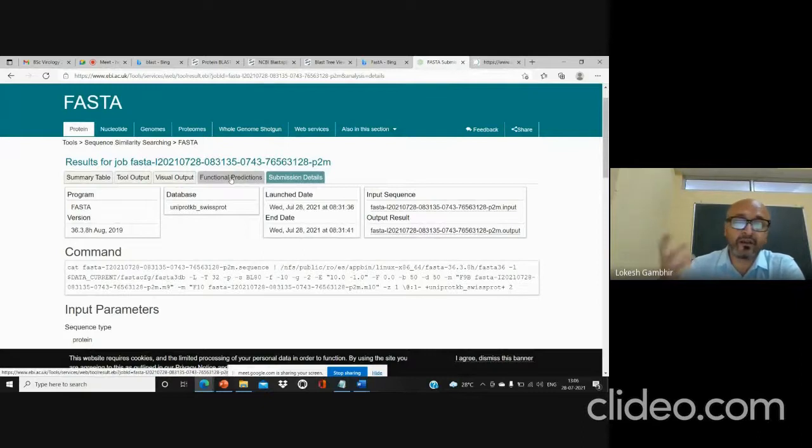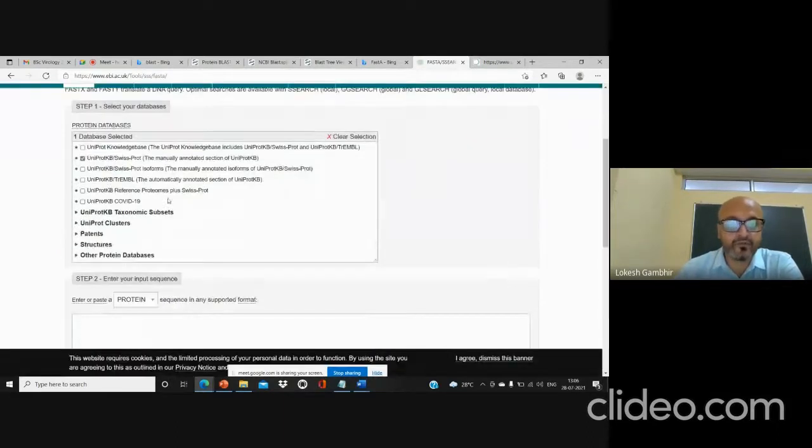Of course, there are perks of using BLAST also. Then you can go for nucleotide search, you can go for proteome search or whole genome sequence. There are multiple options present in this particular category of FASTA. Now you can choose any other part. You can choose UniProt and TrEMBL, you will get multiple answers. So the options are plentiful here.